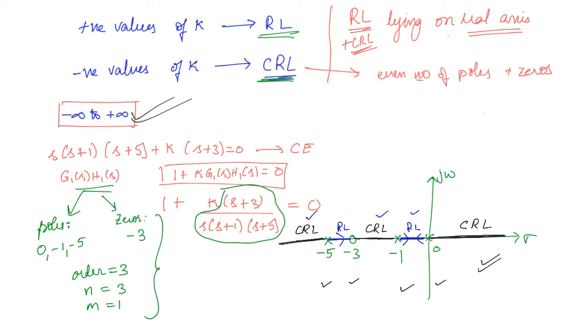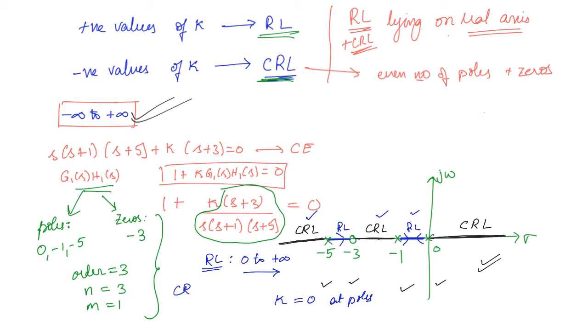So the magnitude of K, we have seen that it is equal to 0 at poles, right? Now what is happening for the RL? Here the K is varying from 0 to plus infinity. So 0 to plus infinity will be the direction of branch. So the direction of branch will be from the poles. It will start at the poles.